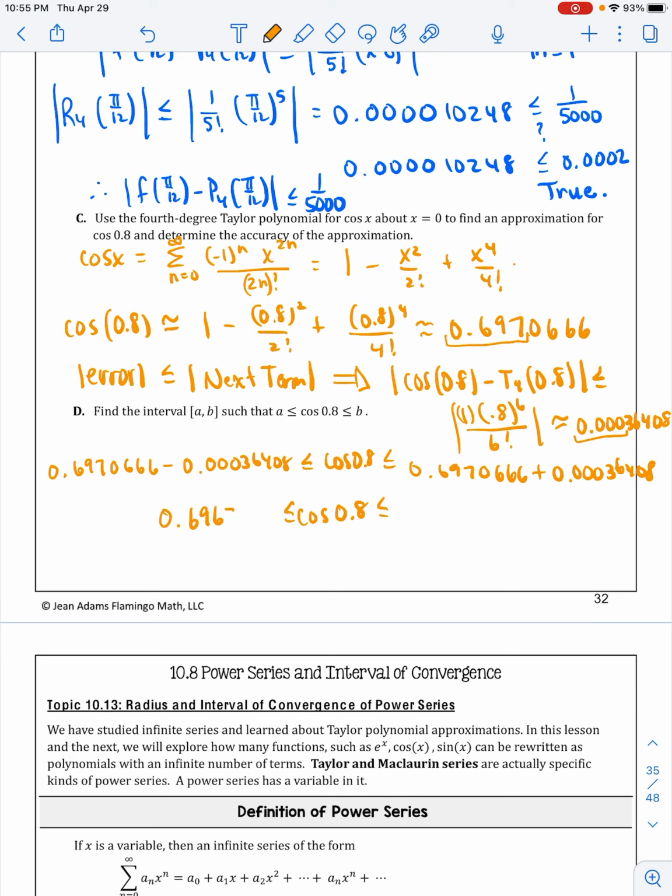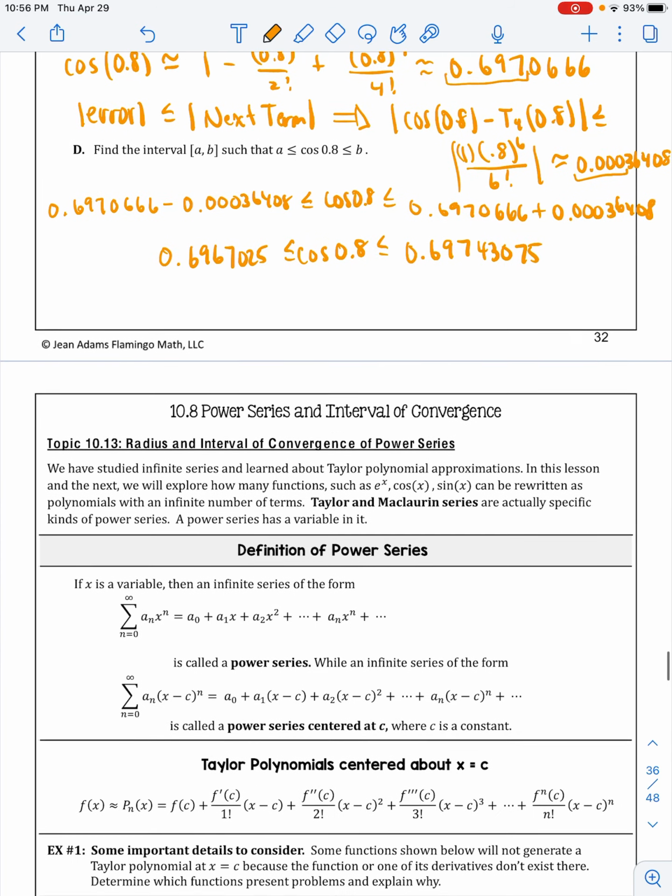So if you want to put that in your calculator, you can pause this video so you can get that interval. And you should have gotten 0.6967025 on this side,